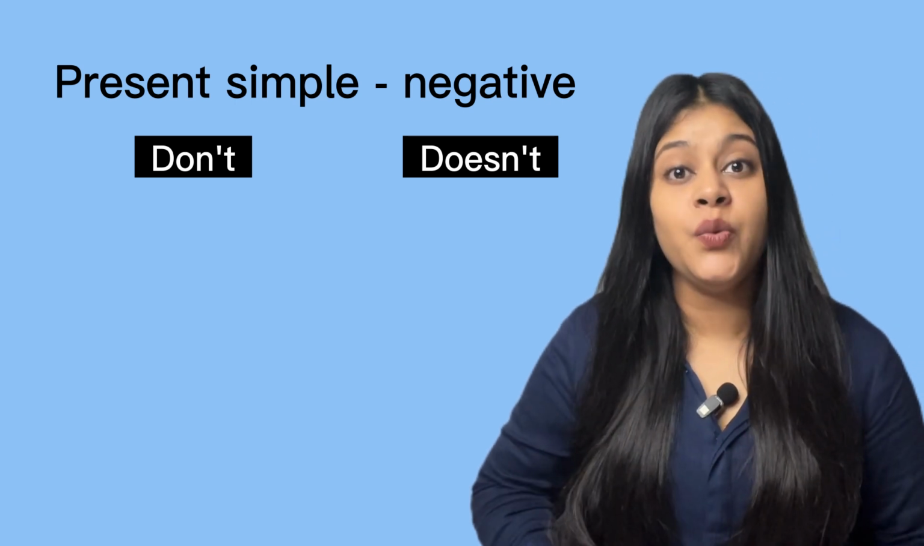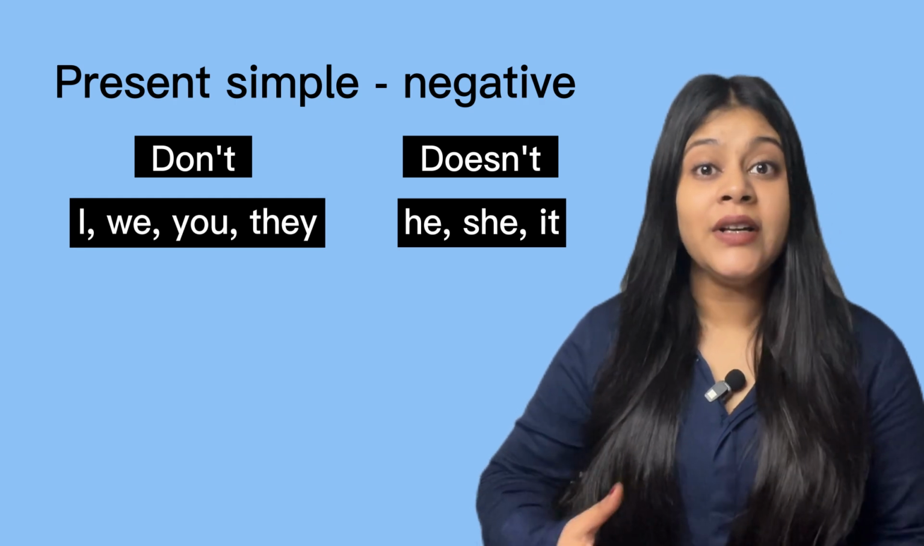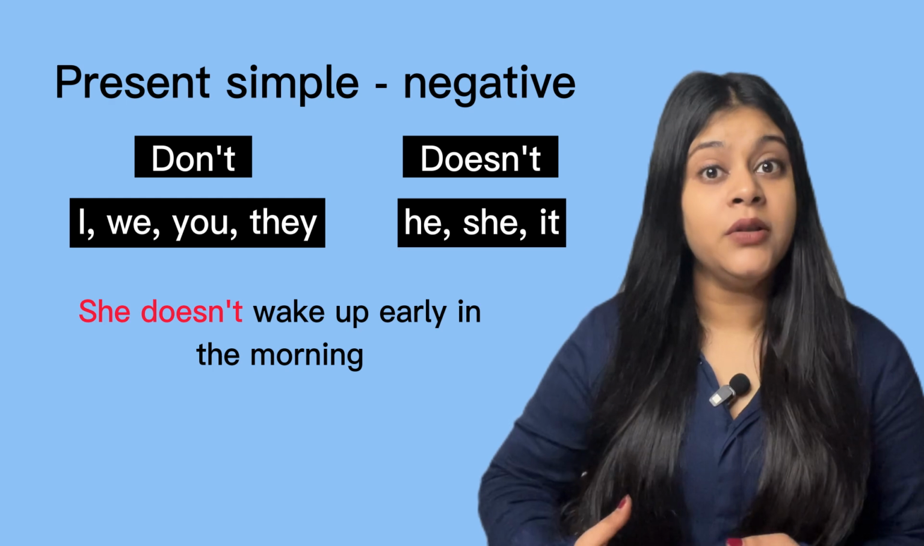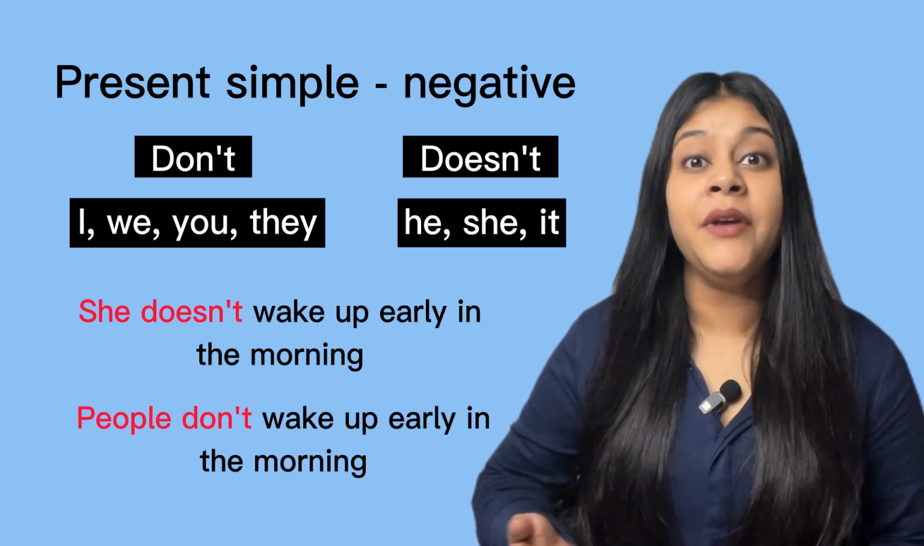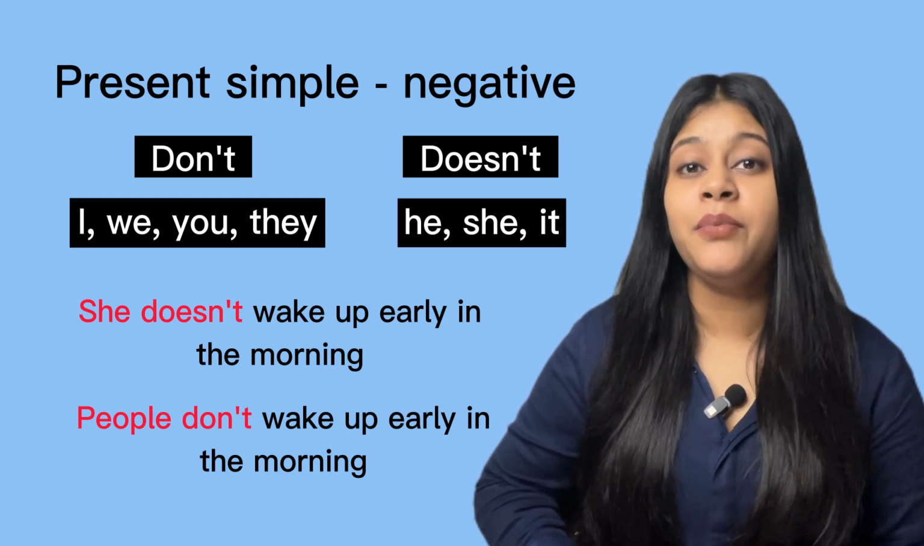We use doesn't with he, she, it and we use don't with all the other pronouns. For example, she doesn't wake up early in the morning. Here we are talking about third person singular, so we have used the word doesn't. Similarly, if we say people, people is plural, it's more than one, so we'll say people don't wake up early